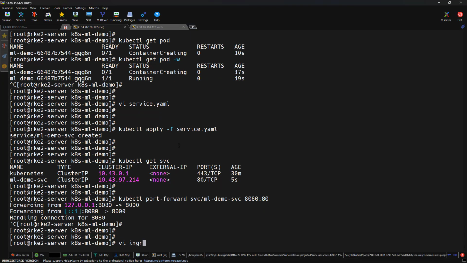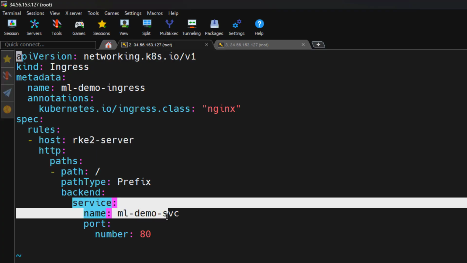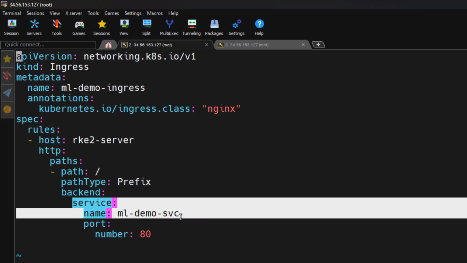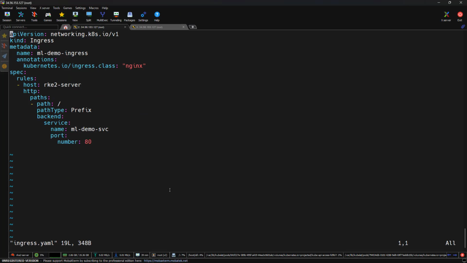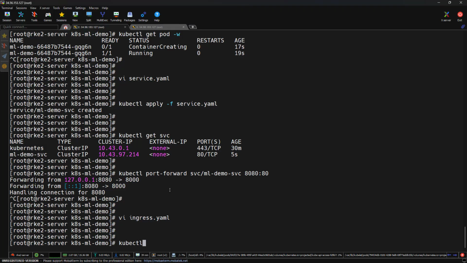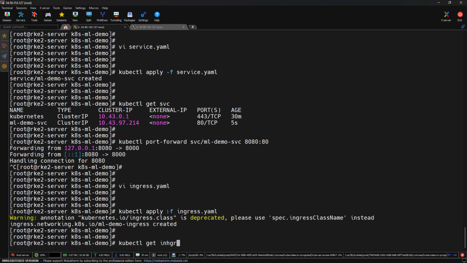So let me show you that. I've already created an Ingress resource for this particular application, and here I'm specifying the rke2-server, which is our host name, and here I'm mapping it to the service, that is ml-demo-service, and also using the port number 80, which is being used by the service. So Ingress makes it publicly reachable, and it routes external traffic from Nginx to our service inside the cluster. So let's quickly apply this. So kubectl apply -f ingress.yml. So ingress got created. If I see kubectl get ingress,